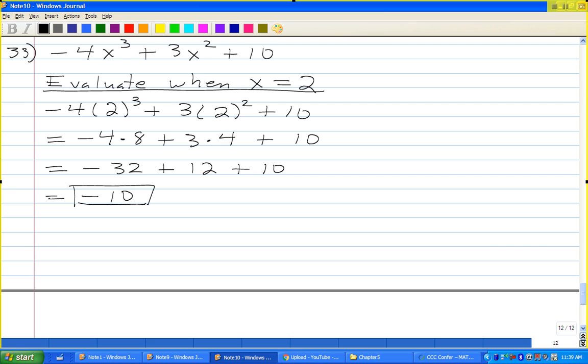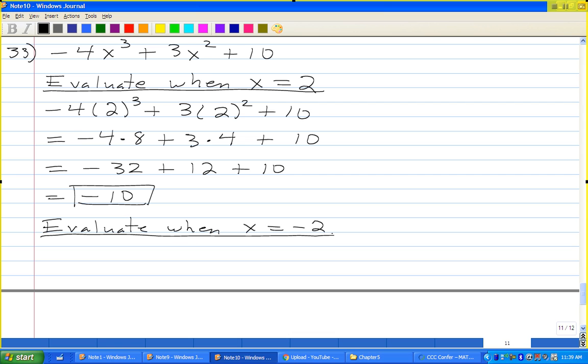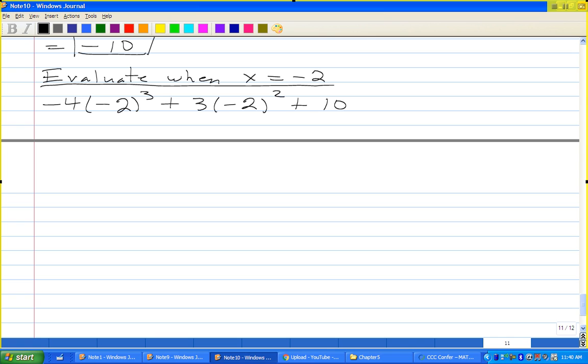Let's evaluate when x is equal to negative 2. So negative 4x cubed plus 3x squared plus 10. So negative 4 times negative 2 cubed is negative 8, plus 3 times